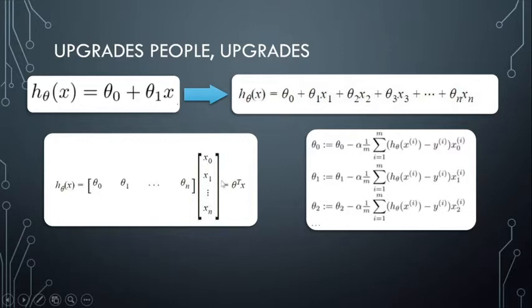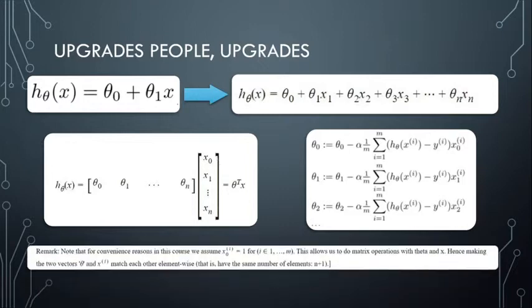The one thing that I wanted to get your minds on is the x naught value here. All right, so this x naught is a remark that every time this x naught is going to be 1. These are the features that we have in the form of the variables x1, x2, x3. So for example, our housing prices is in the form of h theta of x, that is the predictions. These are the prices of our house, but now we're not having just the size of it. We're not just having the property size. We're also having how many number of bedrooms in it, how many number of